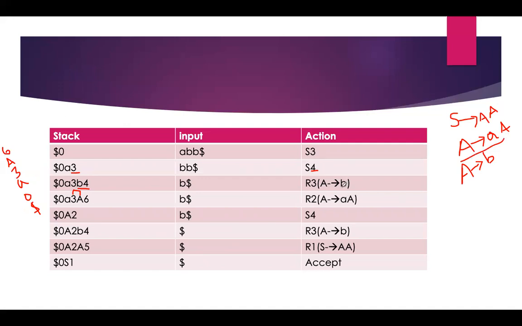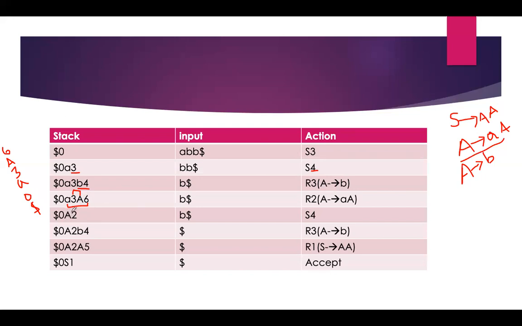Here there are two symbols and one symbol is there. We are reducing the number and that input. Here it is A and A, and with these four we need to reduce. In place of this, I need to write capital A. We are reducing the string A and A, and writing A instead.